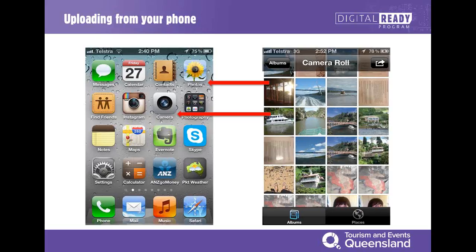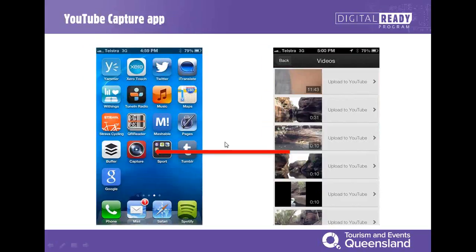The other one that you can do, and YouTube created this a little while ago, is an app called Capture, and unfortunately at this stage it's only available for iPhones. It's not available for Androids at this stage, so my apologies out there to Android users. But Capture will allow you to capture the video and then upload it straight to your YouTube account, which is great. It has got very little editing though, so just be aware of that. So it'll be very raw footage that you'd be loading up from this point. So just be wary of that one.